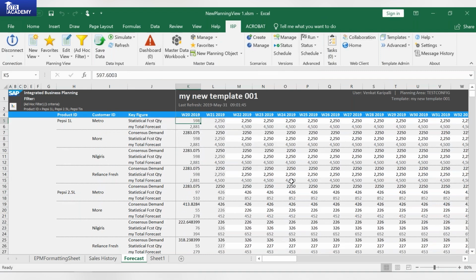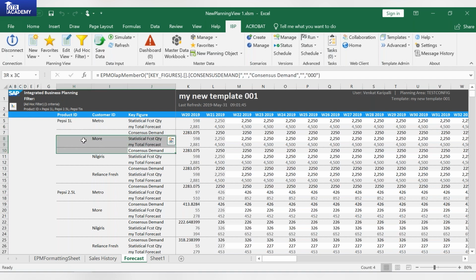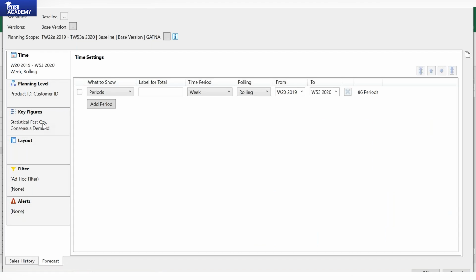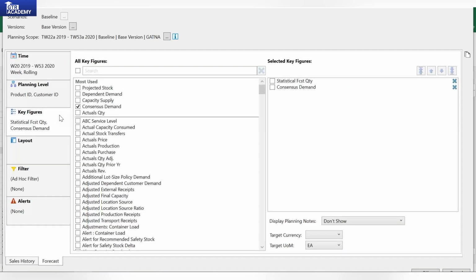You see, now these three actually have to be banded. Because of the border, it's all looking not so good, right? So these three have to be bordered because the consensus demand is at the top. So what we told is, ideally the planner will not change the first key figure, right? Because let's say if the planner wants to see demand forecast also, they'll come and